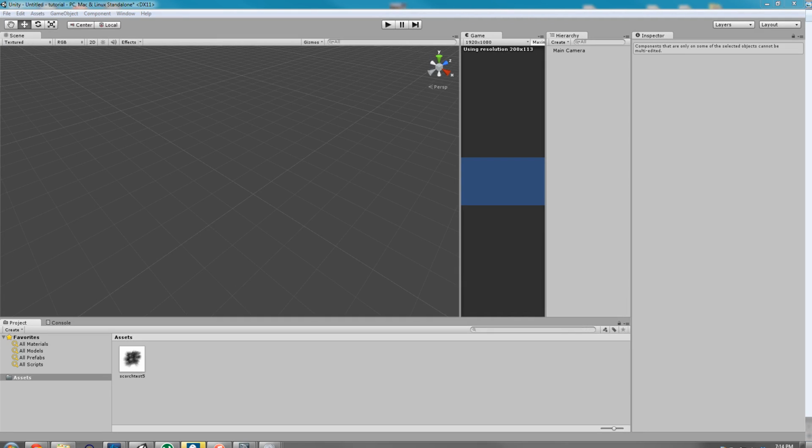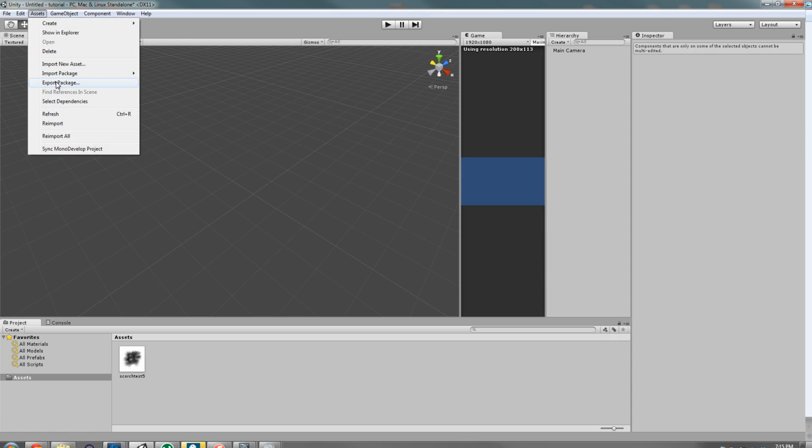Hello, this is a tutorial that will teach you how to use the projectors provided by Unity to create a bullet hole effect or a scorch or burn effect or something like that by using the projectors. This is the non-pro version of Unity and it is version 4.5.2 F1. So what we're going to want to do to start is just go up here into Assets and